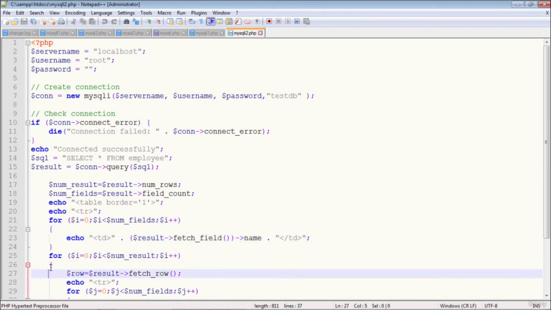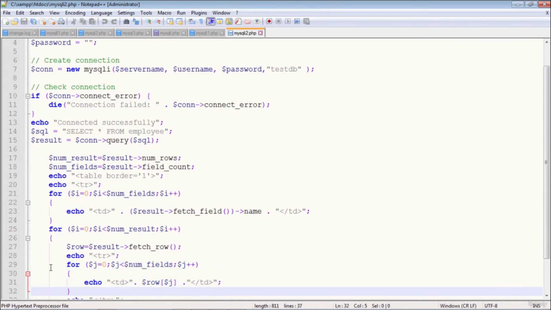And then using these two for loops, nested for loops, one outer loop going over from i equal to 0 to num result. Num result is the number of rows. How many rows are there? And the inner for loop is going over for j equal to 0 to num fields. How many fields are there? So every time when you access the row of j, what will it give? The content of each column corresponding to each row,